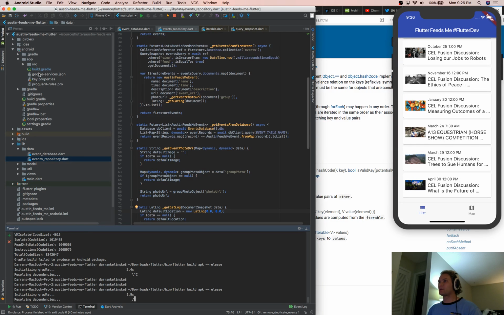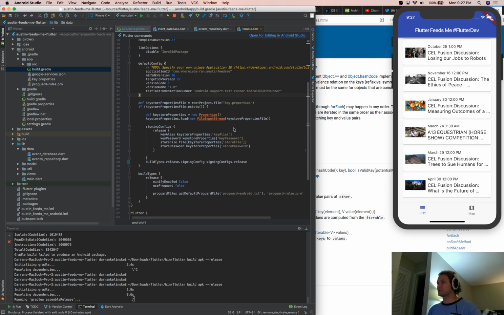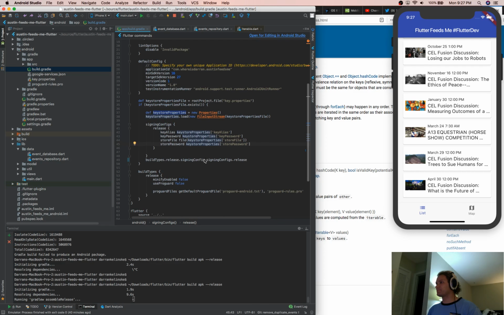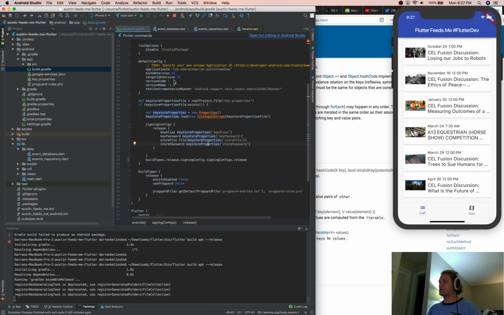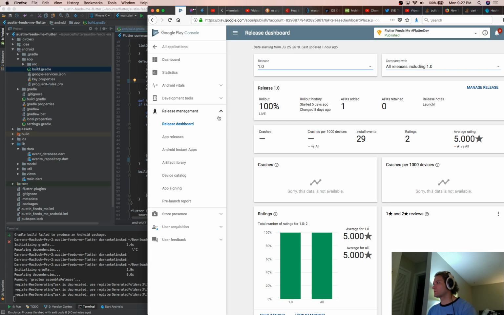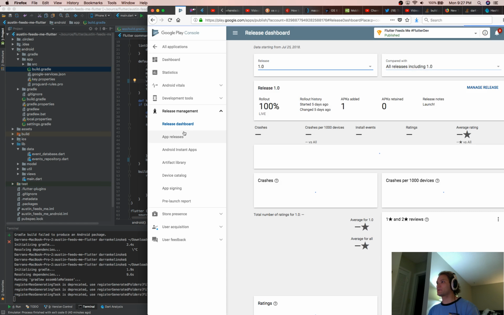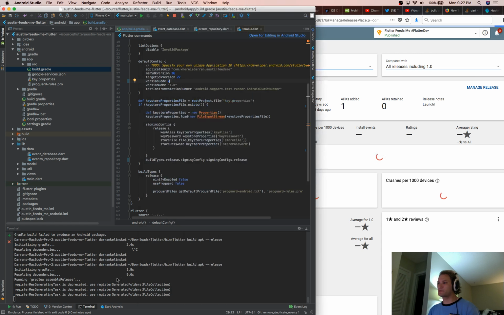Okay, so one of the key things that we need to do when we're going to release is to basically update our version code. So we're going to update to 2 because we've already released 1. And then we're going to look at our release dash. Next thing we need to do is, so while this is determining if it's going to build or not,